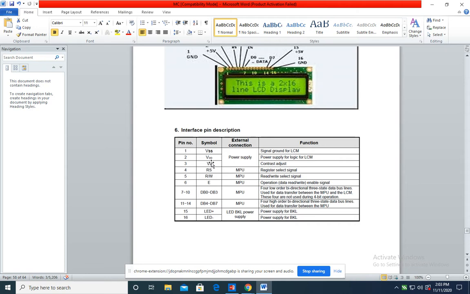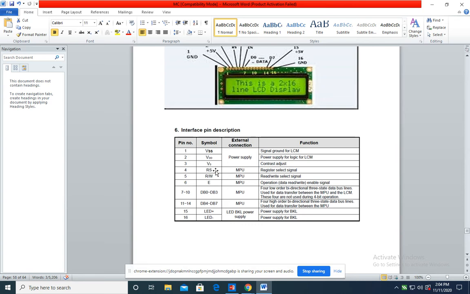Now to control the contrast of the LCD, this VO pin is given. In some data sheets, you will find this pin labeled as VEE. For this pin, you can connect a potentiometer and control the contrast of the LCD. Now three important pins control the operation of the LCD.